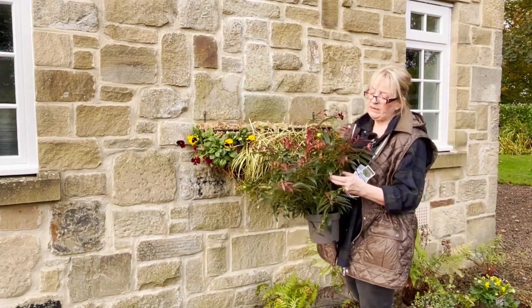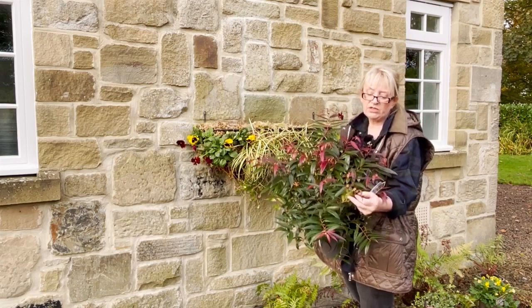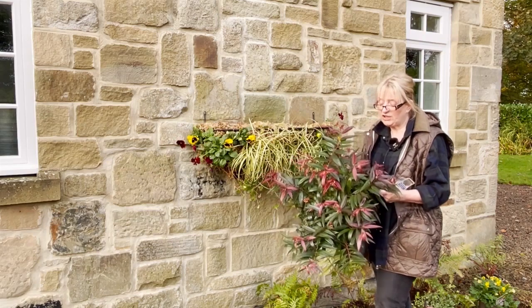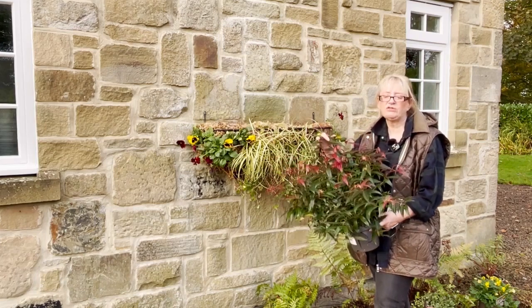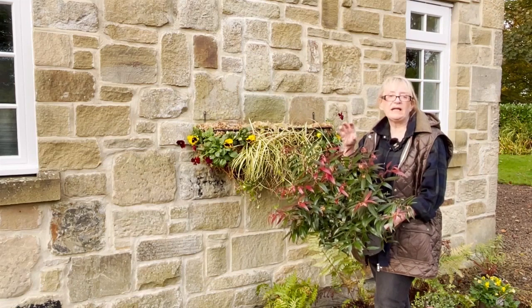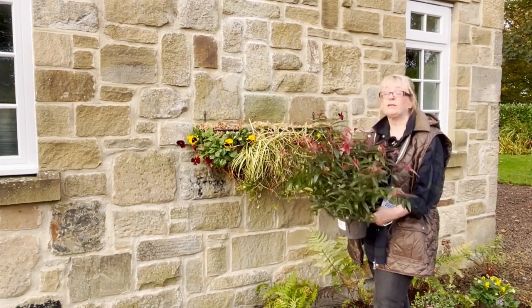But this particular plant has lovely deep red tips to the branches, and it continues to change colour as the cold weather hits. So really looking forward to that. In the spring, its lovely new glossy green leaves will emerge and it has tiny white bell-shaped flowers. It's a very pretty plant and it looked lovely in the border, but I'm going to make use of it